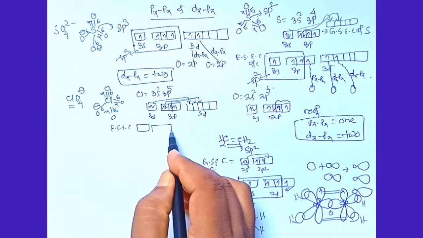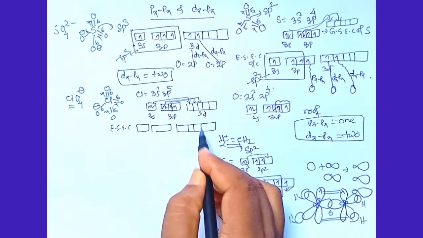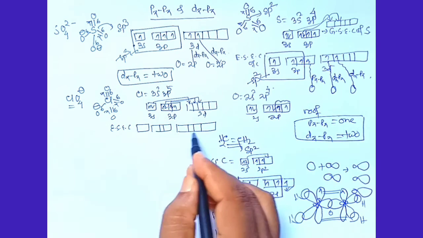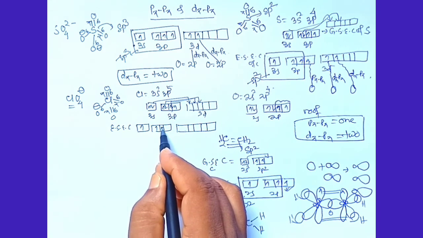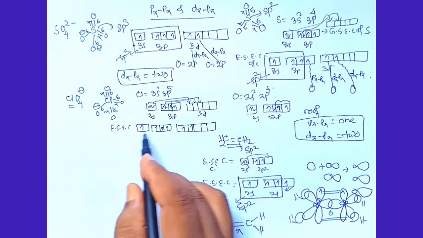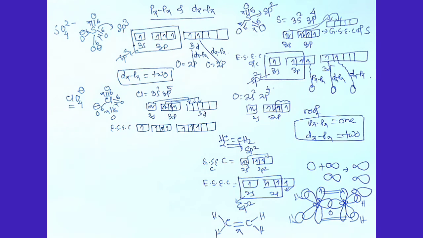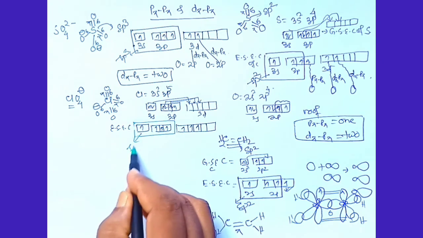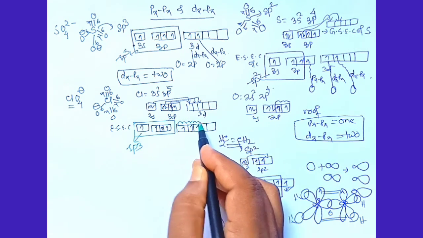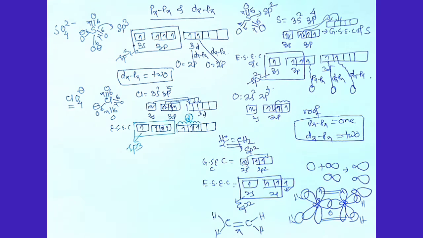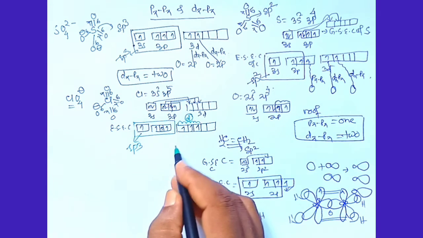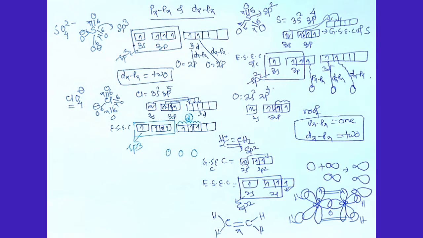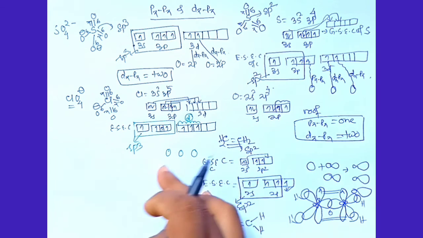So it will be 3s, 3p and 3d. 1 electron, 2 3 4 5 6, 3 plus 4, 5 6 7. So 7 outermost electrons, but here the hybridization is sp3. Only the 3 unpaired electrons present in the d orbitals will form pi bonds with the 3 oxygen atoms, and we know that in each of the 3 oxygen atoms, the unpaired electron for the formation of the pi bond is present in the p orbital.